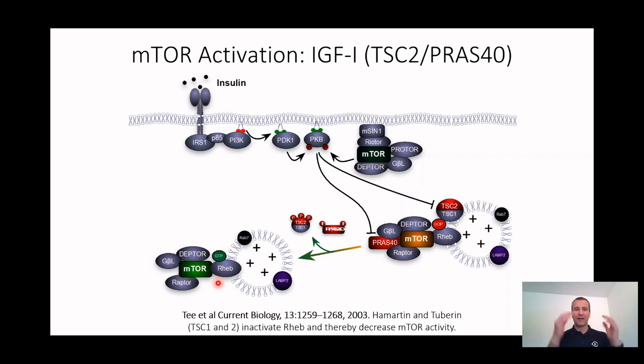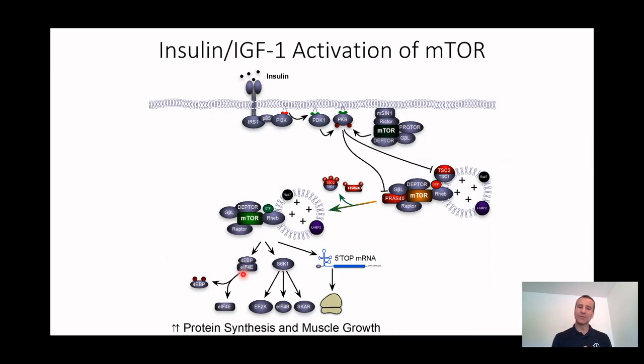Okay, so again, everything just moves up to the membrane, so that what we can do is take PKB, which is spread all throughout the cell, and now put it at the exact spot right here where its two upstream kinases are, and now it can do its downstream job, which is to phosphorylate TSC2, move it away from Reb, and phosphorylate PRAS40 and move it away from mTOR, and now we have mostly active mTOR. And what does mTOR do? The other proteins that it phosphorylates are 4EBP, S6 kinase, and then it's going to regulate some of the LARP proteins,